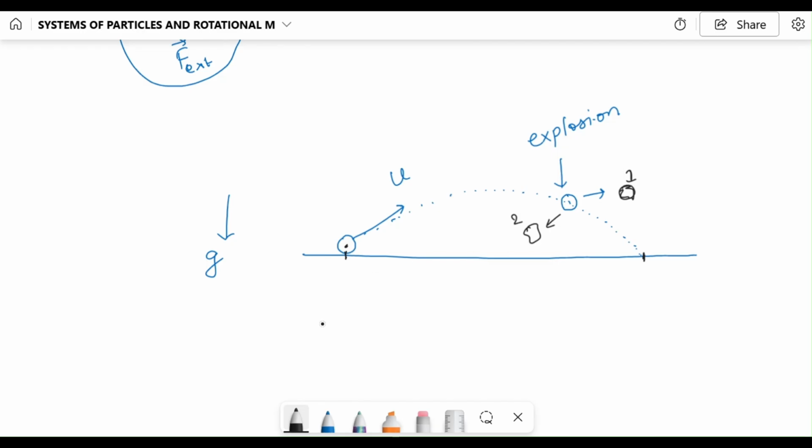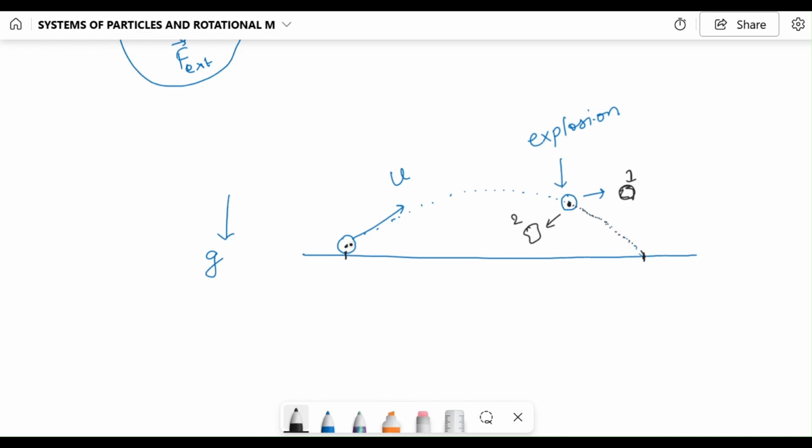But if we know that it has a center of mass here, and that the motion of the center of mass is not going to be affected by any internal event happening,